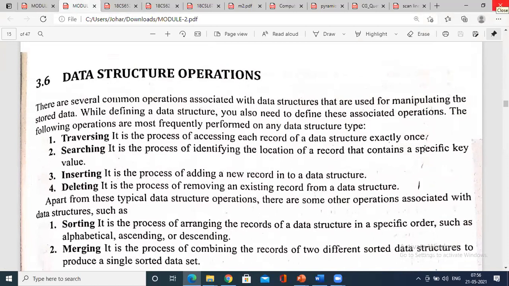These are all the basic operations that we are going to see.